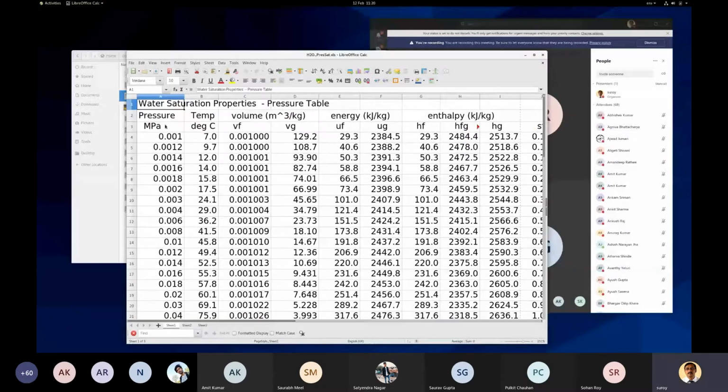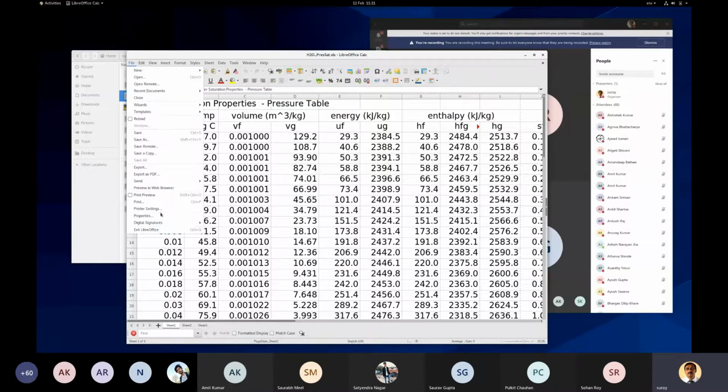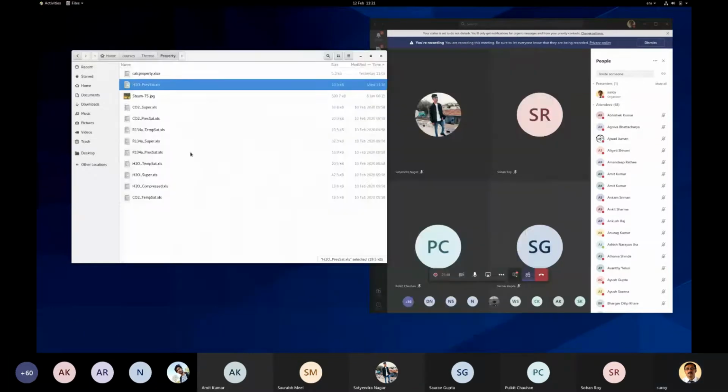Here you can see it is based on pressure. For different pressures, the saturation temperature is given, and f and g are the liquid and vapor. There's another one which is based on temperature, only temperature, the saturation condition on temperature. And then you have the condition for